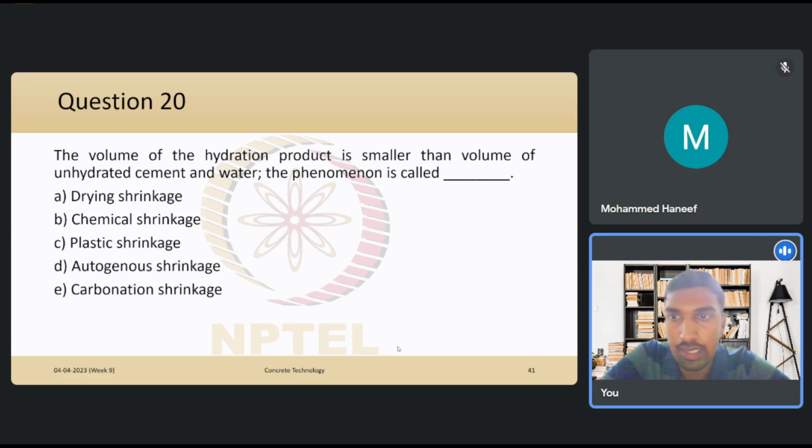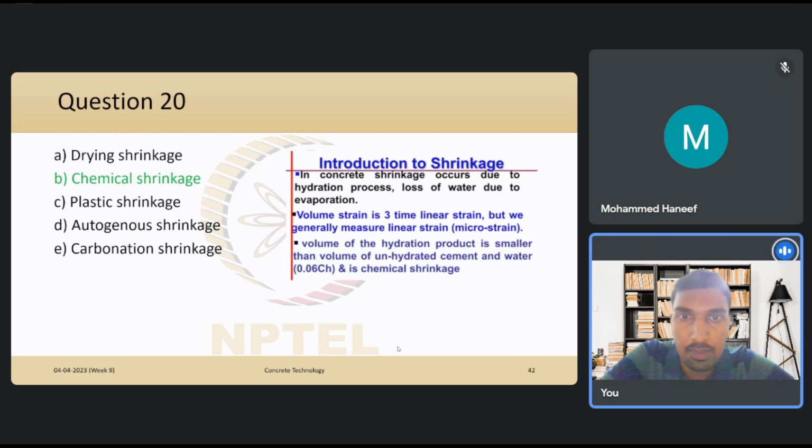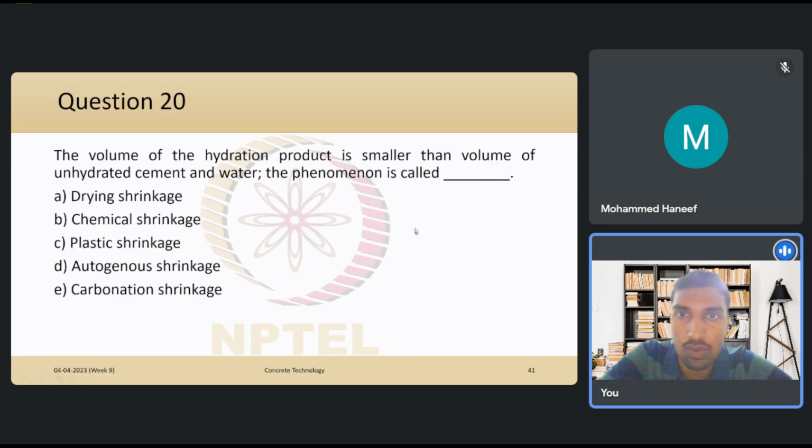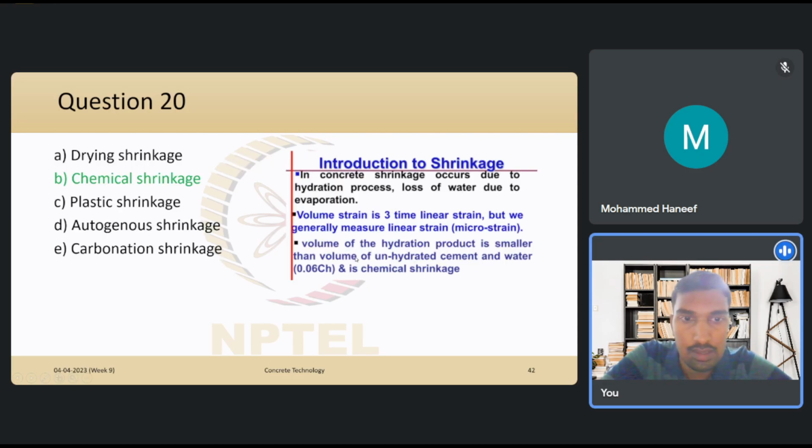Okay, the right option is actually B, chemical shrinkage. So this is by definition. The volume of the hydration product is smaller than the volume of unhydrated cement and water, right? So that is by definition chemical shrinkage, right? We already saw this as a related concept for the autogenous shrinkage, but at a microscopic level, when